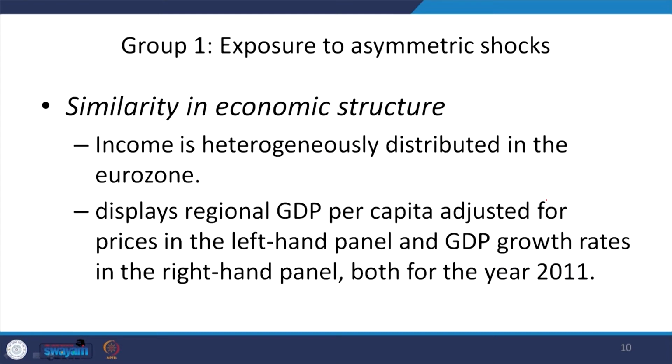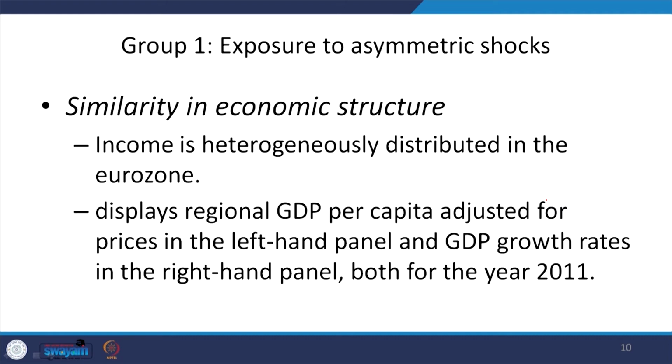Coming to the discussion related to exposure, there are different groups. I think we have already discussed some of those points. Now, how asymmetric shocks are dealt with, what the factors are, largely we discussed similarity in economic structure. In case of similarity in economic structure, income is heterogeneously distributed in the eurozone, and this displays regional GDP per capita adjusted for prices in the left hand panel, and GDP growth rates in the right hand panel, both for the